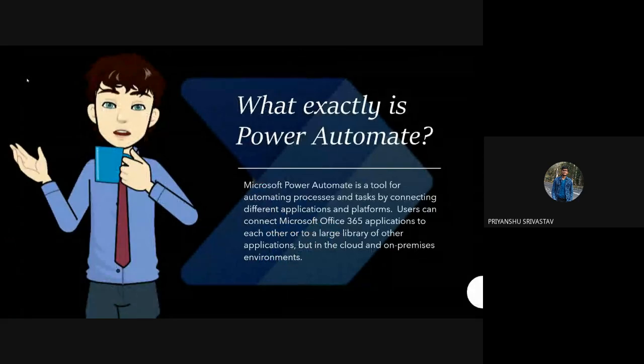So if you had attended my previous session, you might have got the basic understanding of what actually is Power Automate. For those who had not attended that session due to some reasons, let me first give an overview of what is Power Automate and how it can be useful in automating our workflows. So Power Automate allows us to create automated workflows that help us streamline our business applications and focus on what really matters. We can do this by combining the building blocks known as connectors, which are nothing but a wrapper around the API of a certain application that helps connecting different apps together.